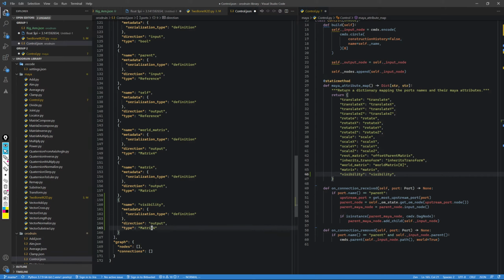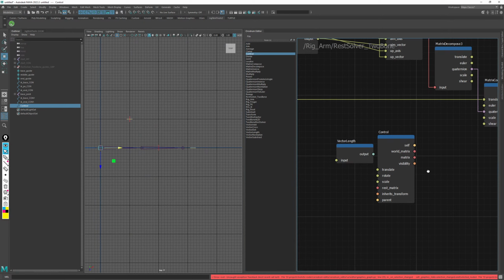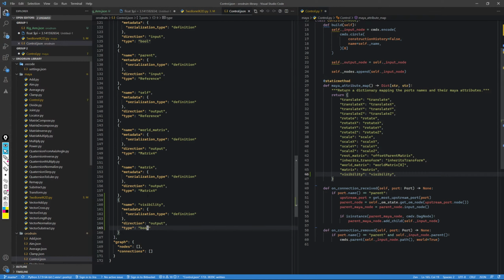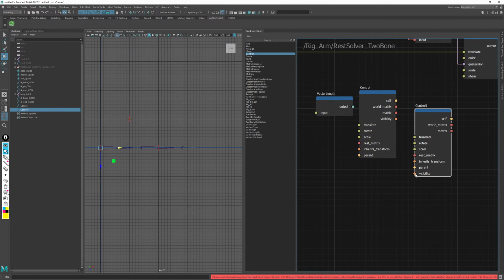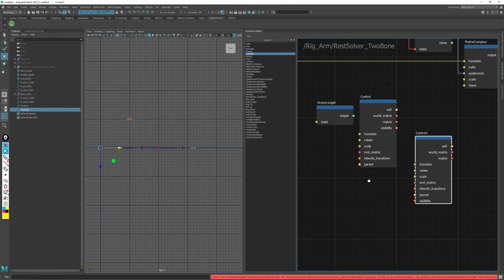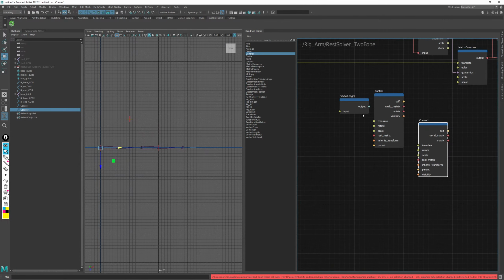This is a definition, that's an output, and that's a boolean. So now if I create a new control, it has that visibility, and that's actually not an output, that's an input. So if I create it again, it has that visibility, and if I were to connect something, I think I can connect something with